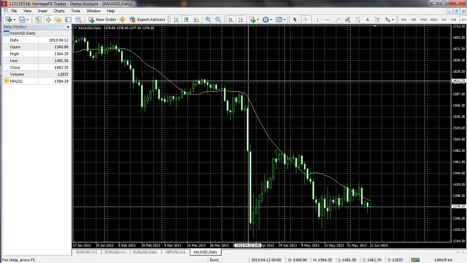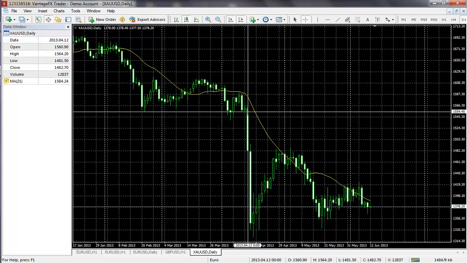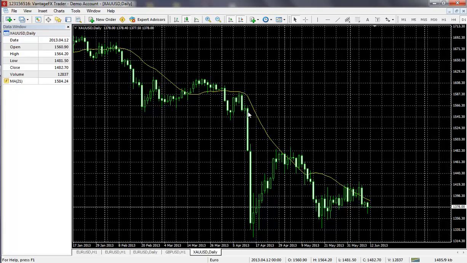So if I went there now and just hovered my mouse over that bar, you will see the date, the open price, the high of the day of the bar, the low, the close, the volume traded at that time for that asset class, and as well if you've got any indicators on the charts, it also gives you the indicator value for that bar for that time,